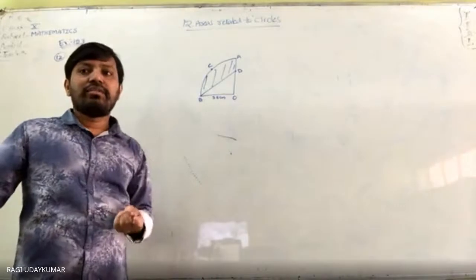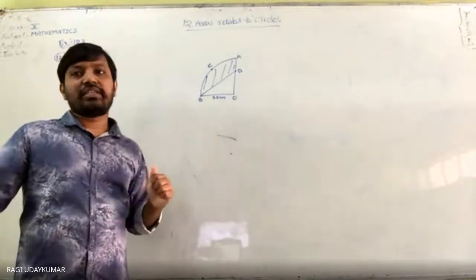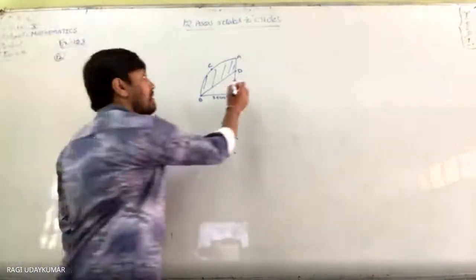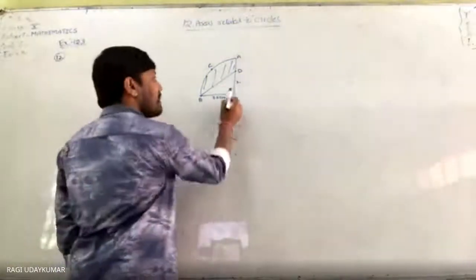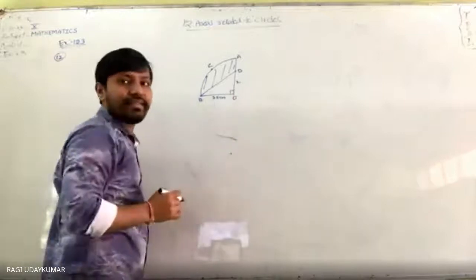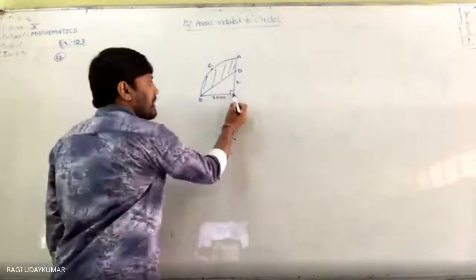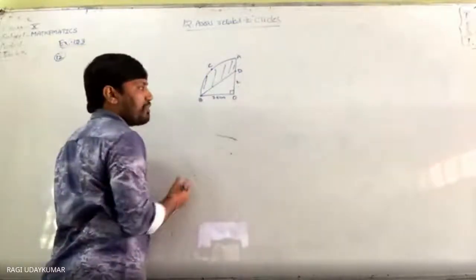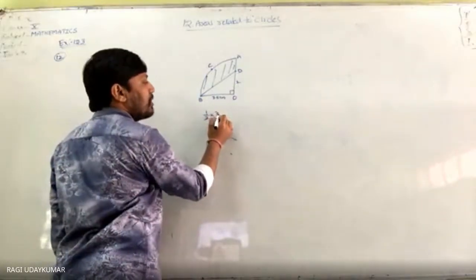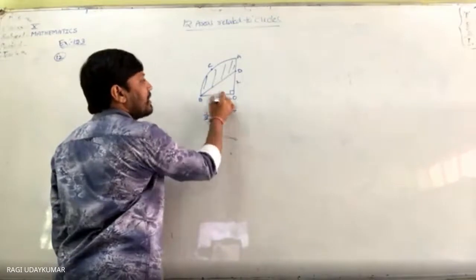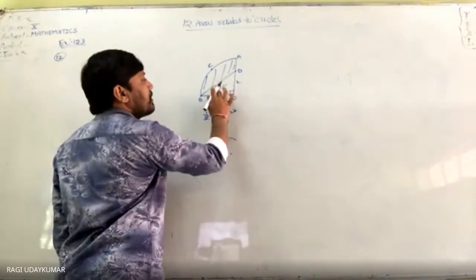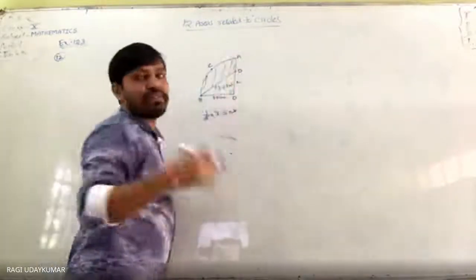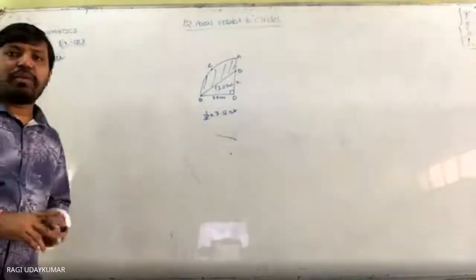The area of the shaded region is what is asked. To find the area of the shaded region, the question gives OD length as 2. Since the quadrant makes an angle of 90 degrees at the center, we need the area of this triangle. The area of the triangle is half into base into height, with 3.5 centimeters. Subtract this area from the area of the quadrant. This problem is also not complicated.